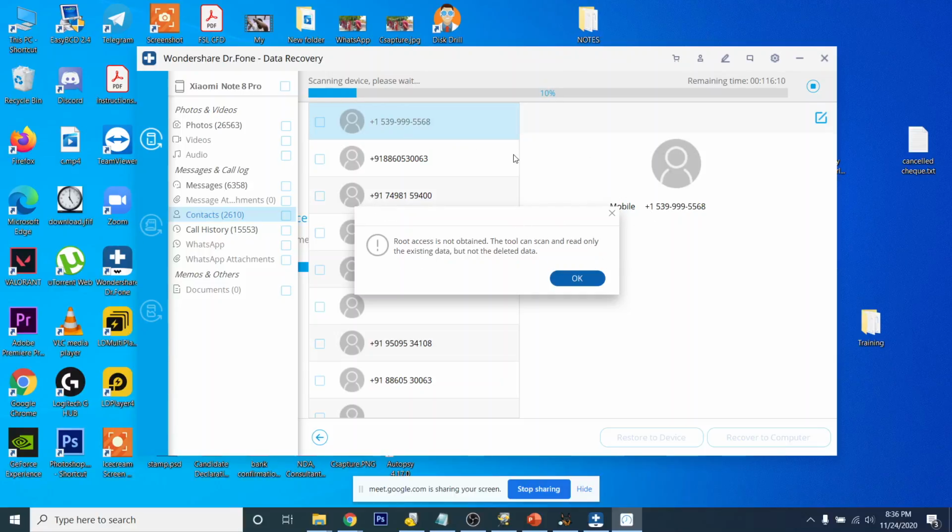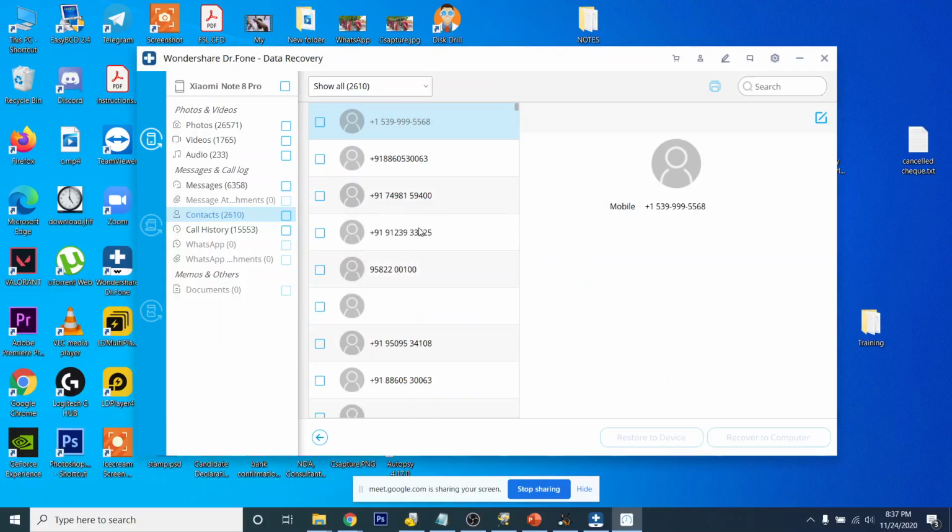So after getting the root access, what this tool can do is gain access to the hidden files, like the recycle bin was there and many other files which are not accessible to our eyes because the address of those files is deleted. So all these files will be in hidden format. So it has to gain root access first. It will even show you how to gain access to root.